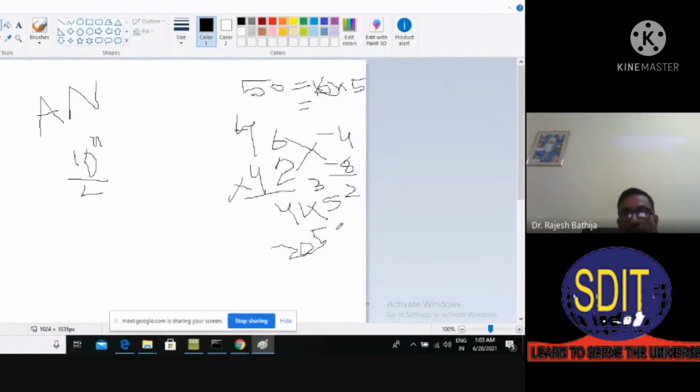And we have to append a 2 over here, this 2, right? So this will be the result. 2052 will be the multiplier result of 46 into 42. If we use the 100, then 100 means 100 divided by 2, right? In this case, we have to write here minus 04,